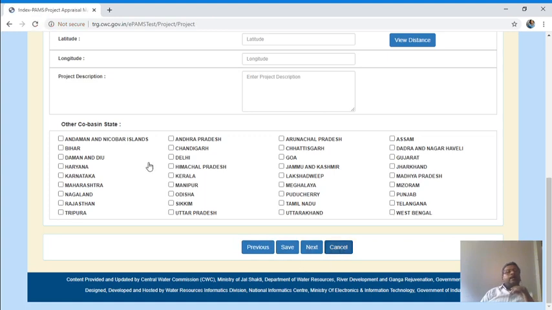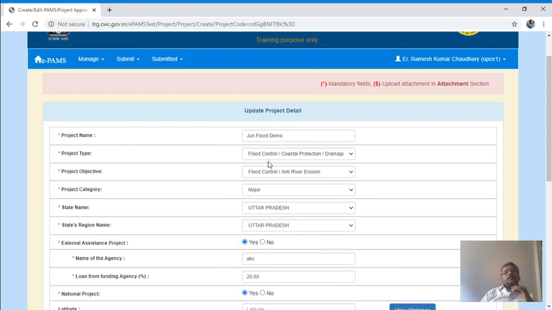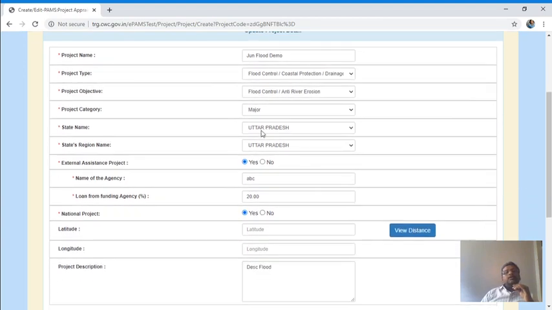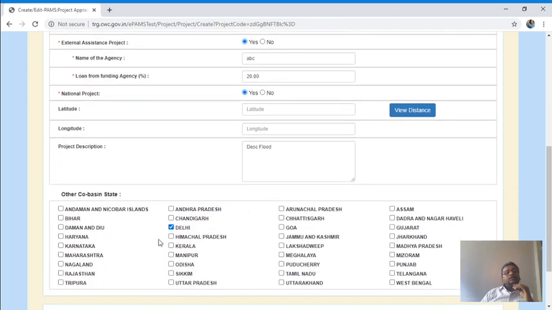Now I have already created a project. I am going to click edit. June flood demo. Its project type is flood control, coastal protection, drainage. Project objective flood control, anti-erosion, major project, Uttar Pradesh, externally assisted, national project yes.